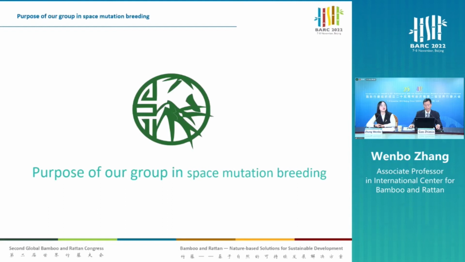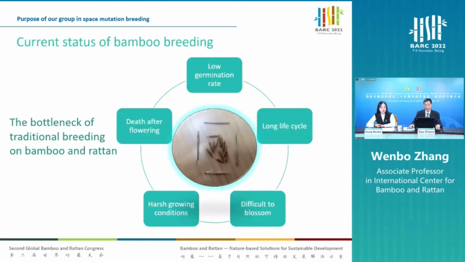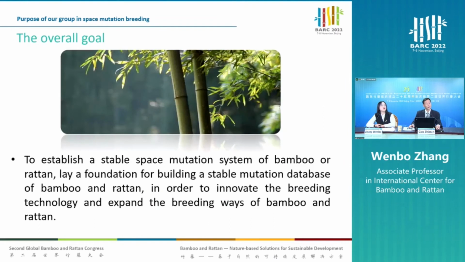Now I will introduce the purpose of our group in this breeding. Bamboo is a kind of plant with high economic value, but traditional breeding is very difficult. The bottlenecks include the low germination rate, long life cycle, difficulty to blossom, harsh growing conditions, and death after flowering. We also hope to establish a stable space mutation system of bamboo and rattan, the foundation for